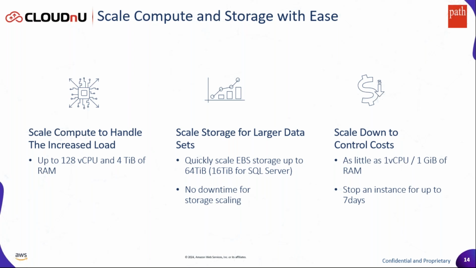So we move on to some of the other benefits, and just like any other cloud service, scaling up and down. This is the beauty of the cloud, where traditionally, if you're running on premises, it is not an easy thing to do, right? You procure these things much in advance, with some buffer, and it's not easy to adapt to immediate changes. RDS provides you a lot of options. You can scale your compute from as low as 2 CPUs all the way to 128 CPUs. You can go from 2 GB RAM to 4 terabytes of RAM. Various sets of configurations are available, and all of this is not fixed. You can change this anytime as per your requirements. You can scale up and down. So compute flexibility is one of the key benefits of moving to a managed service.